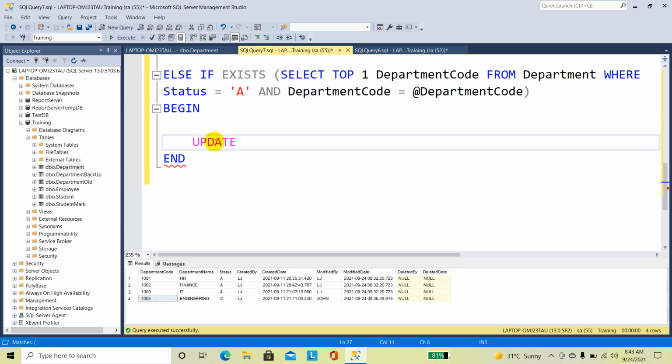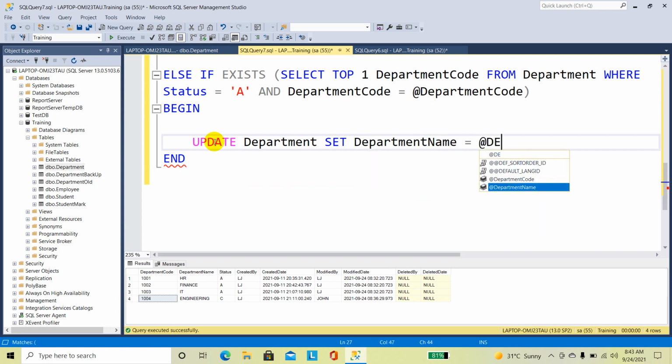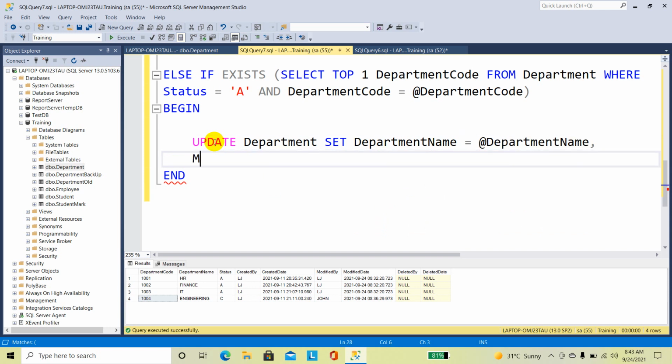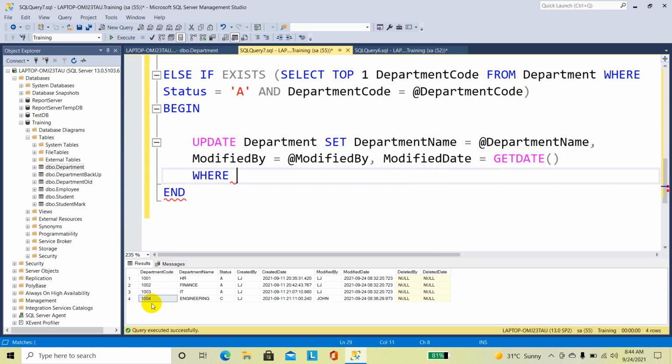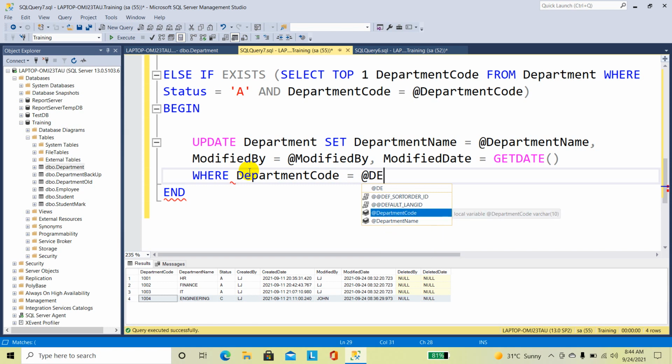Then I'm going to give the update statement: update department table set department name is equal to @department name, comma, modified by is equal to @modified by, comma, modified date is equal to getdate, where I need to select this particular record, where department code is equal to @department code.